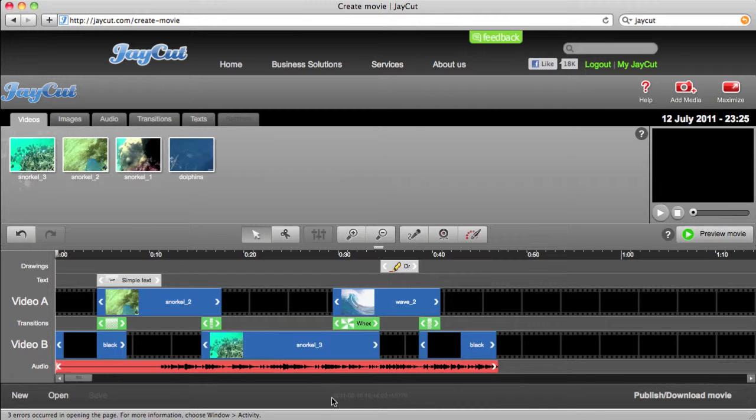The final step, at least within the video editor, and always continue to click Save. If you want to open a previously existing file that you've edited, go ahead and click Open here. But when it's time to export it out, click Publish, Download Movie. And when you do that,